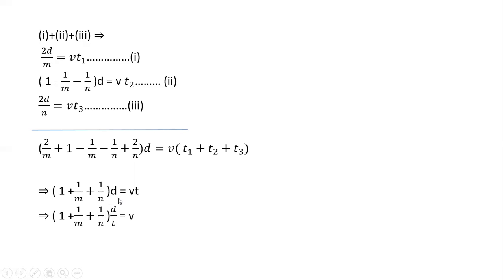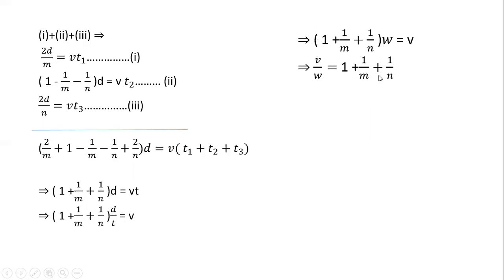From this, after calculation, we get this equation, because if we divide this equation by t, then we get 1 plus 1 by m plus 1 by n into d by t equal to v. From this, we get this equation, because d by t equal to w. So from this equation, if we calculate, then we get v by w equal to 1 plus 1 by m plus 1 by n, because if we divide this equation by w and change the sign, then we get this